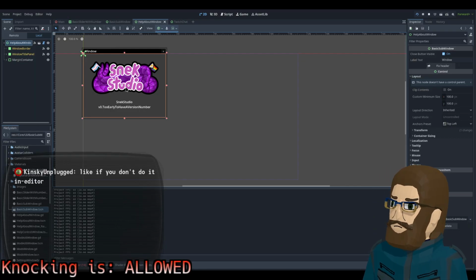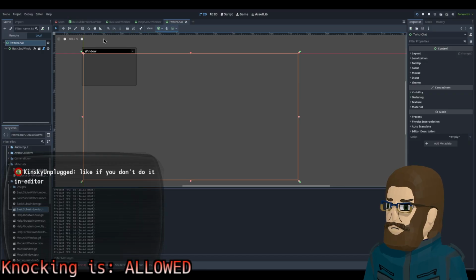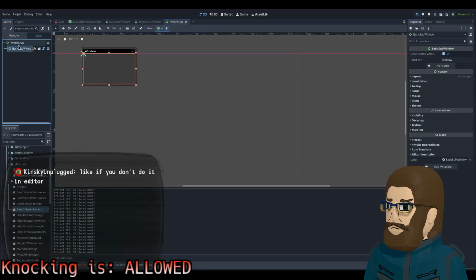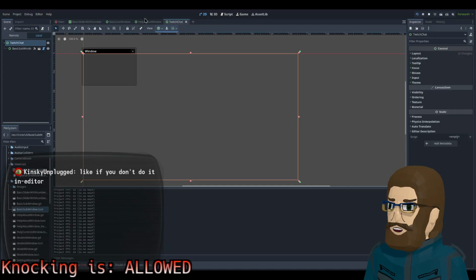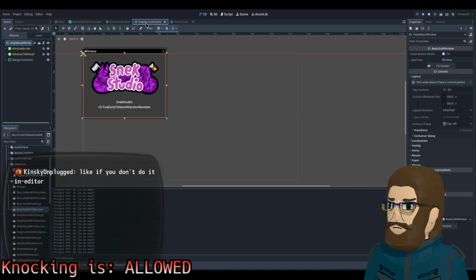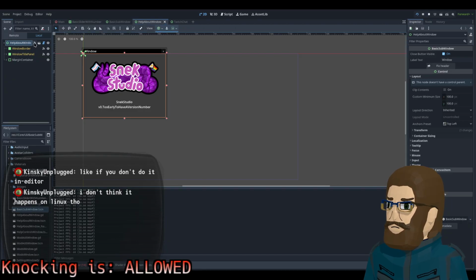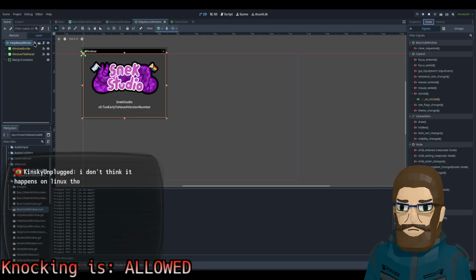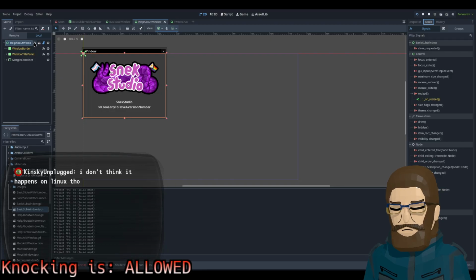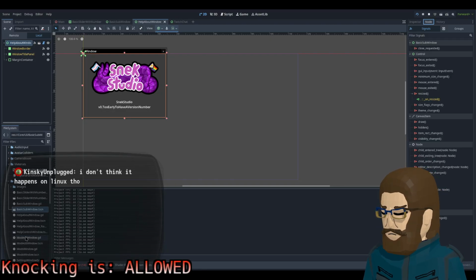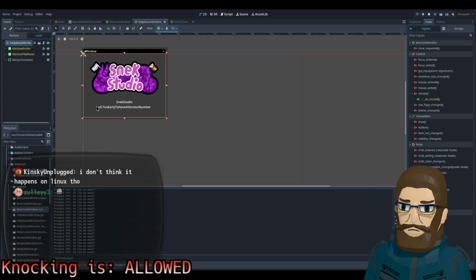Yeah, that probably makes some level of sense. So we did inherit it, but something's not quite right. This node has one connection. I think it happens on Linux. Maybe not. I renamed one thing earlier and didn't break everything.